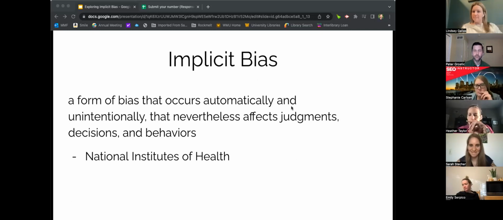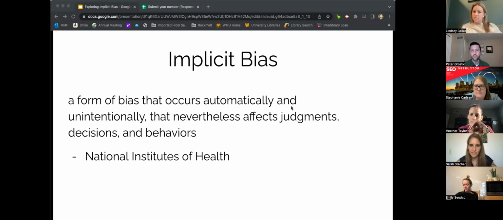Number two, the second point I'd like to highlight for us is that we all experience these. So this is one of the outcomes of neuroplasticity, the fact that our brain changes based on our experience, right? This is based on the way we grew up, where we grew up, the people around us as we grew up.